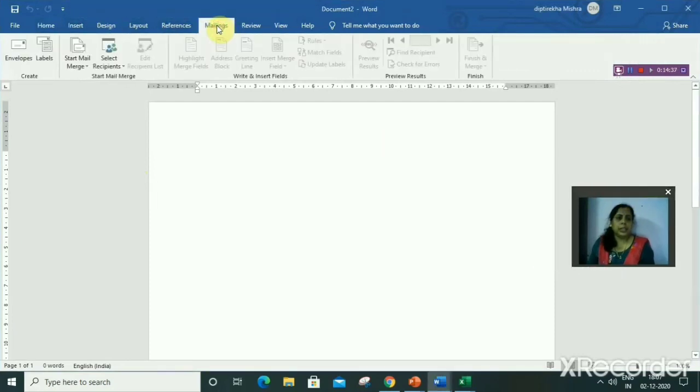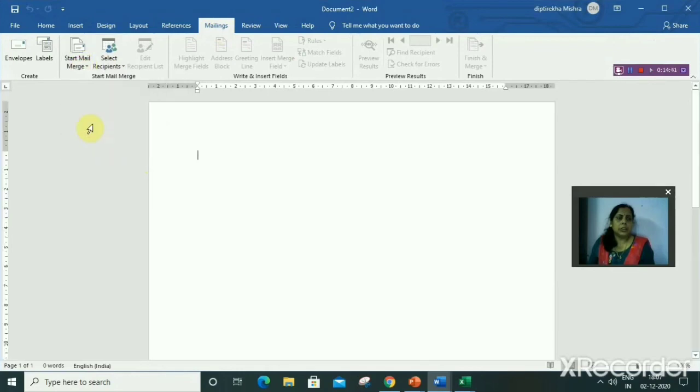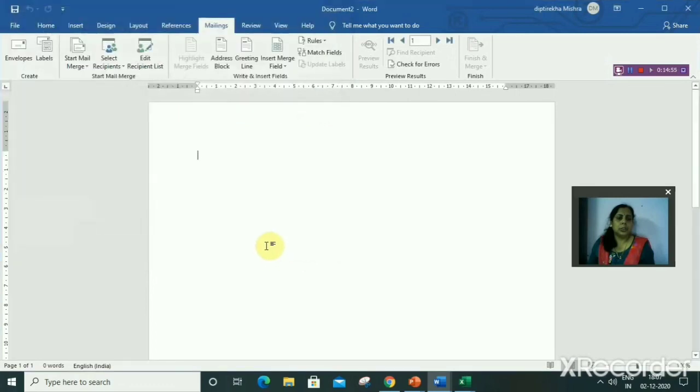From the mailing tab, click on start mail merge, then click on directory. Okay, then use an existing list. I am using the list we have created, then open.